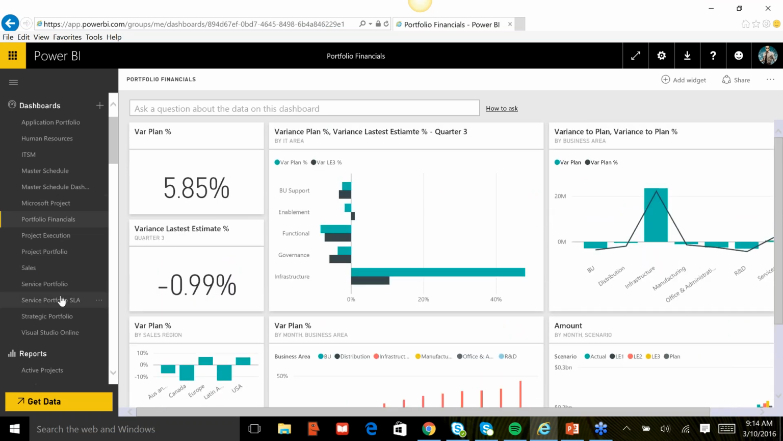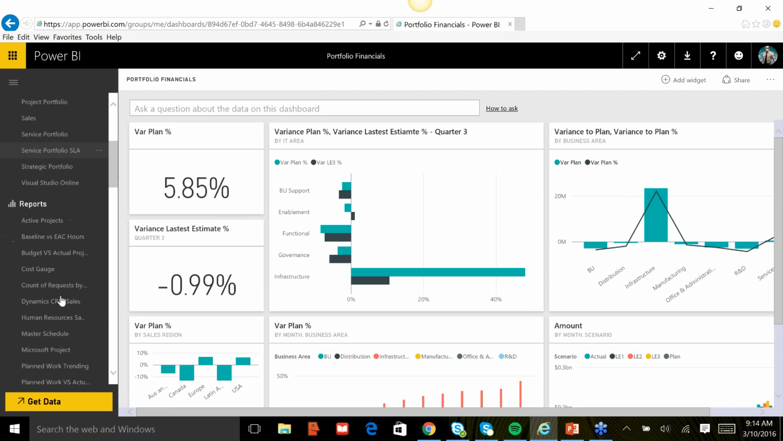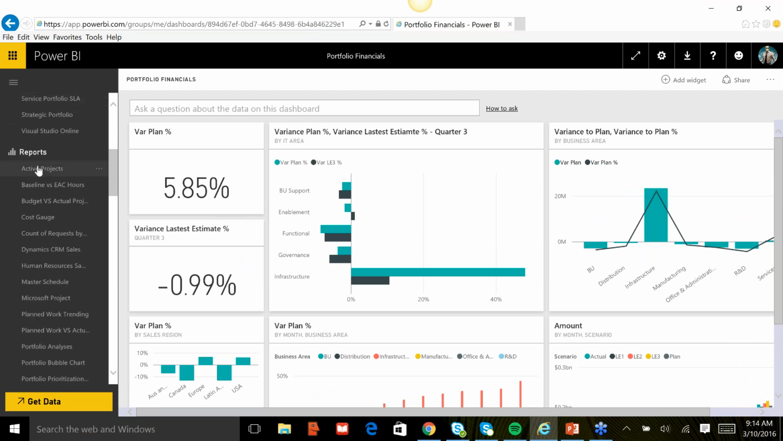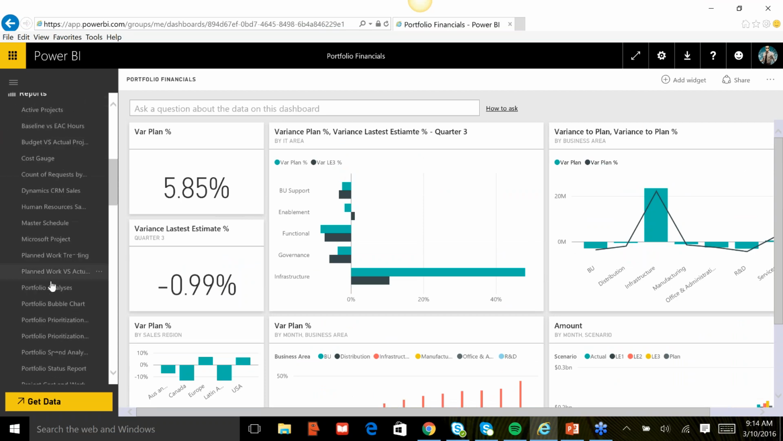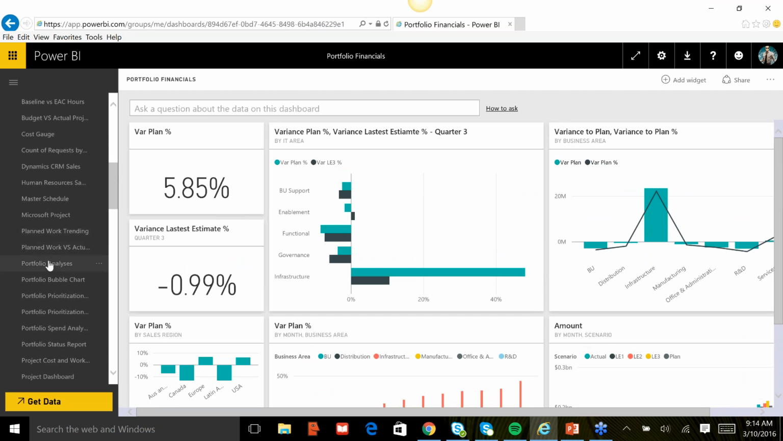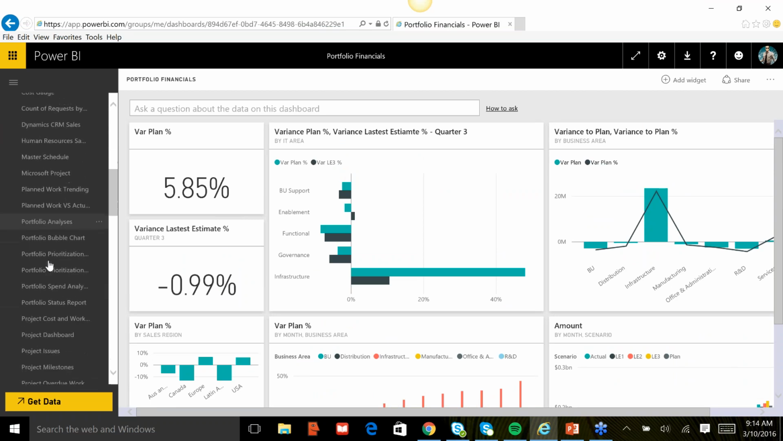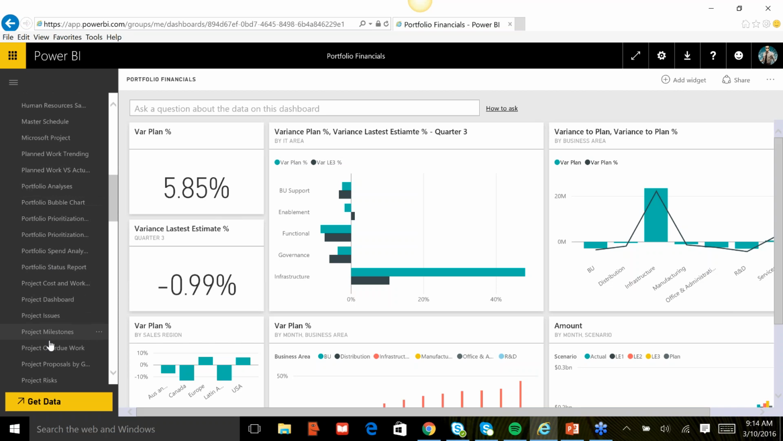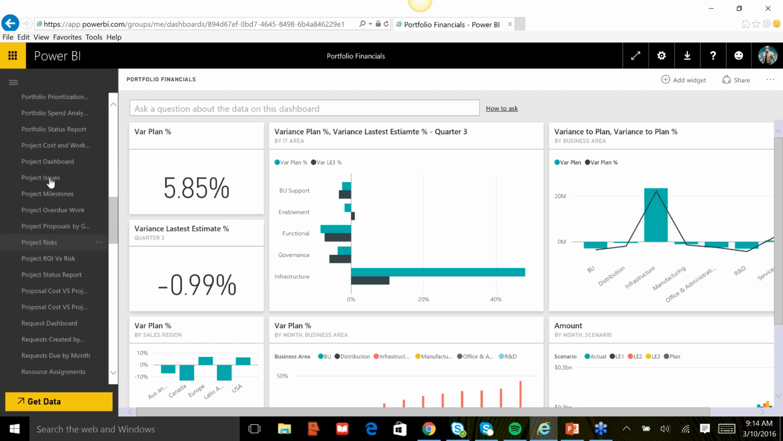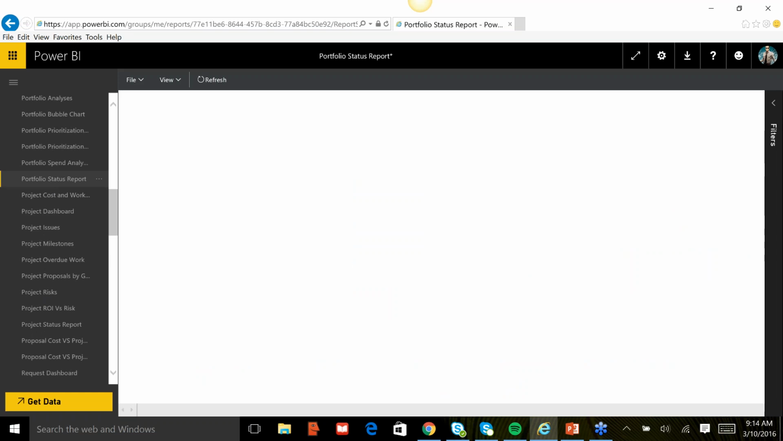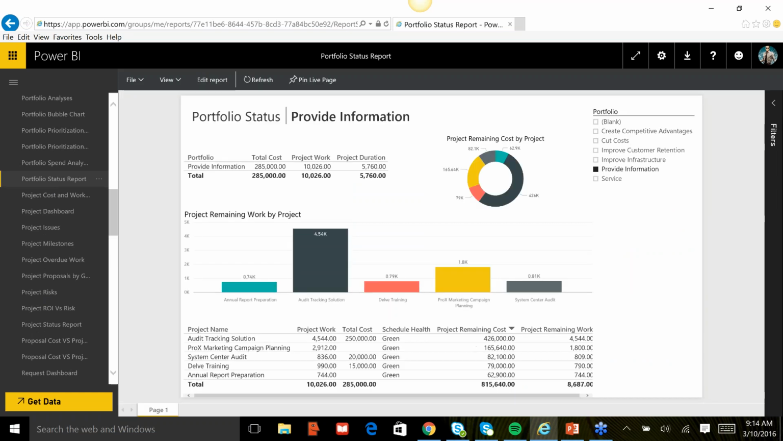So there are a lot of different uses for dashboards in Power BI, and they can really be useful for all aspects of the organization. You can target them for many different user groups. So now what I'm going to show you is a few reports. One report that I know is very popular is the portfolio status report. This is a report that I know a lot of organizations generally use to track their